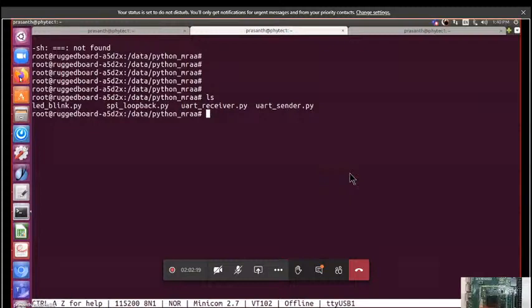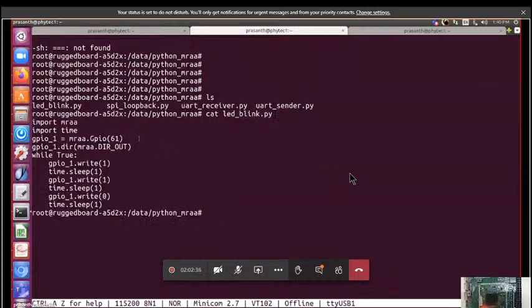Once you boot the Rugged Board, you get this Rugged Board command prompt, and we went to the data Python MRA directory, and then cat LED blinky. You can see the same example we have discussed, and the same thing he can run.